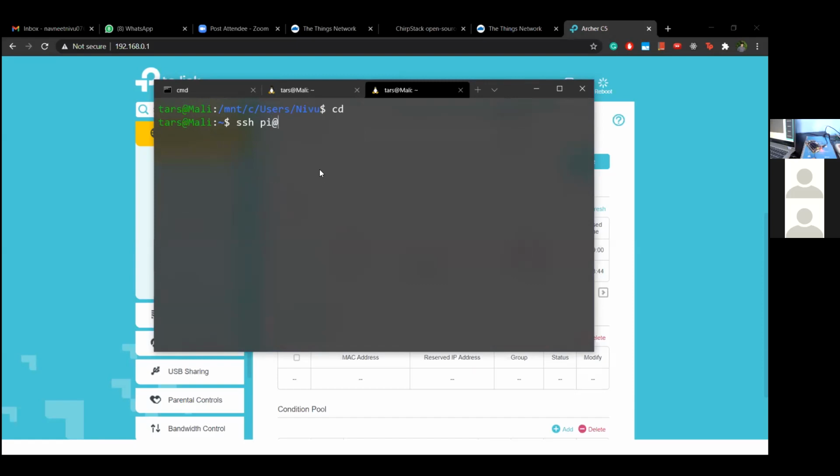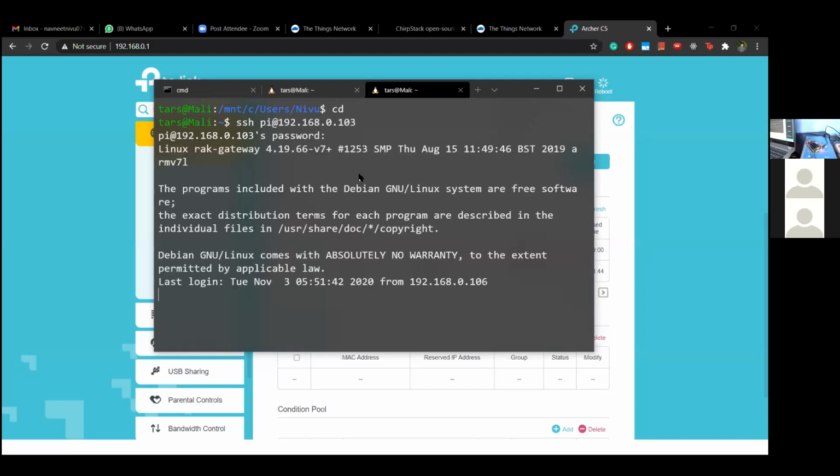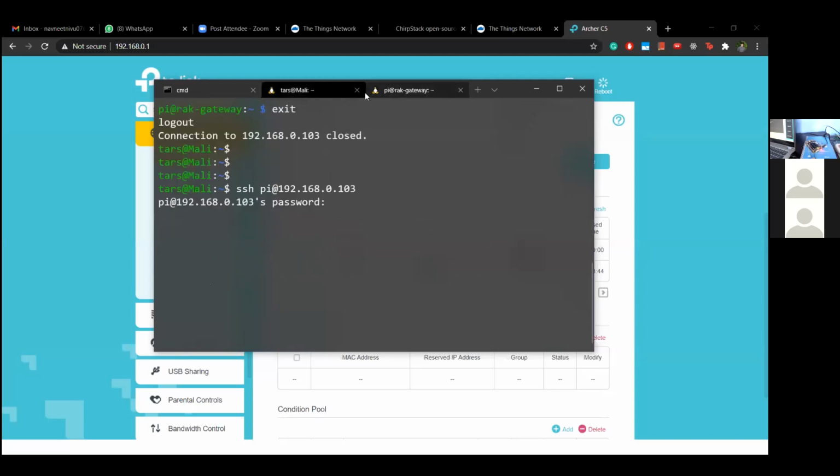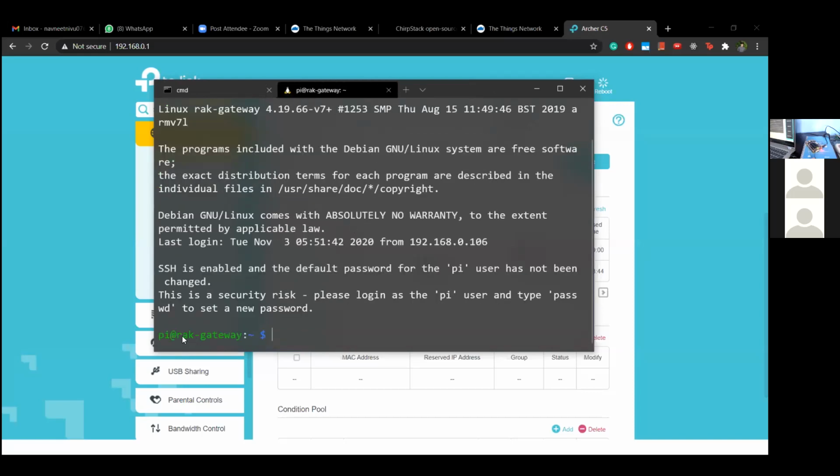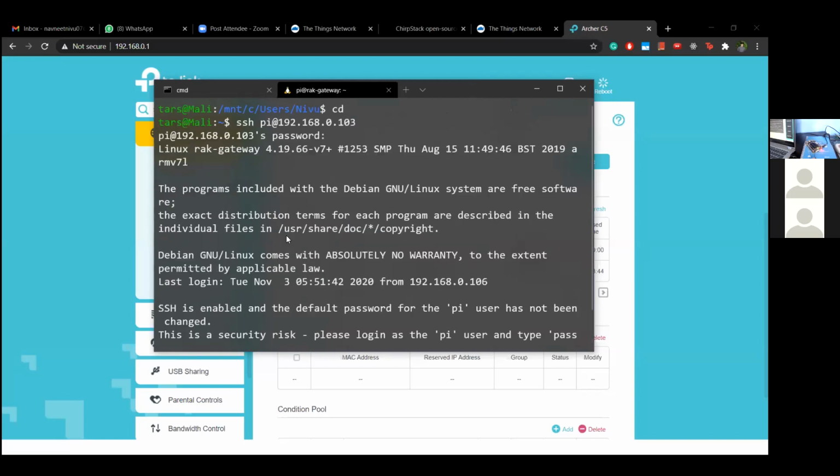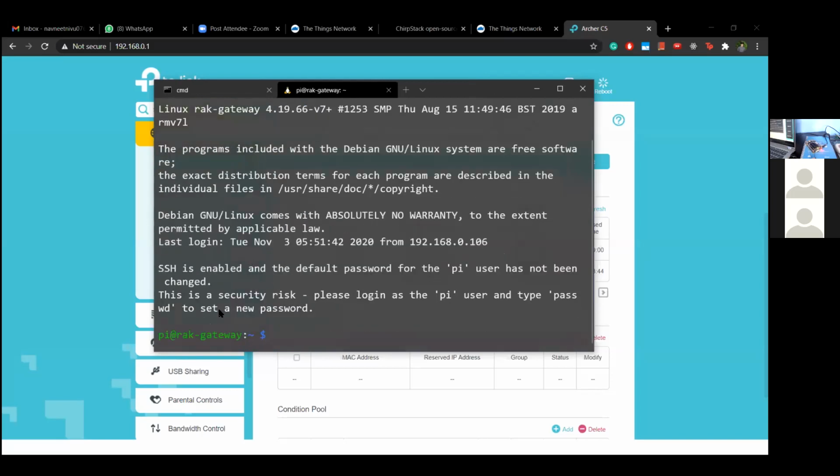SSH pi at... okay, so here it is connected. I'll close this. You can see pi is the username, and the RAK gateway is the device address. So from my system, it has switched to this gateway.